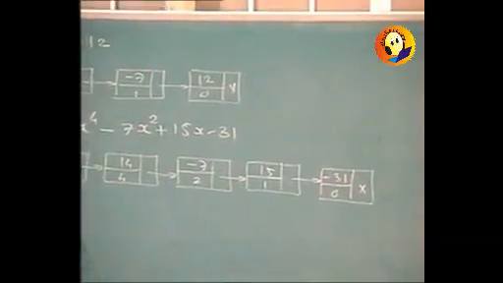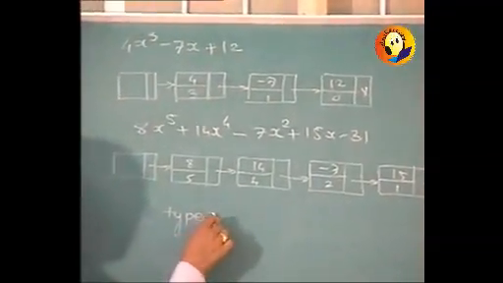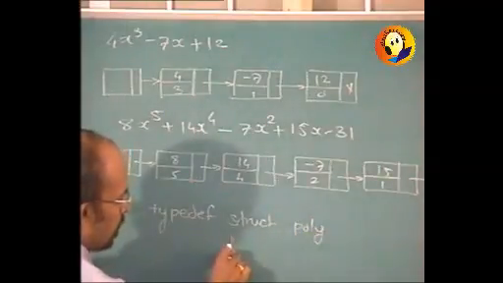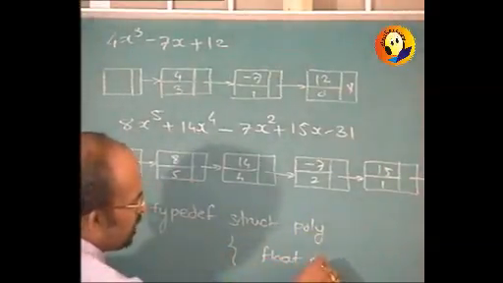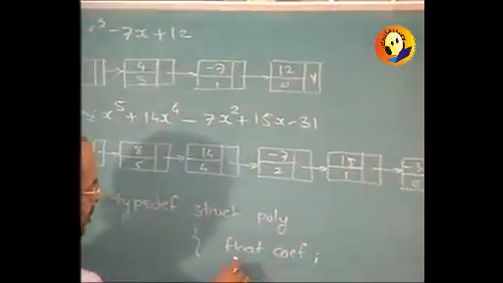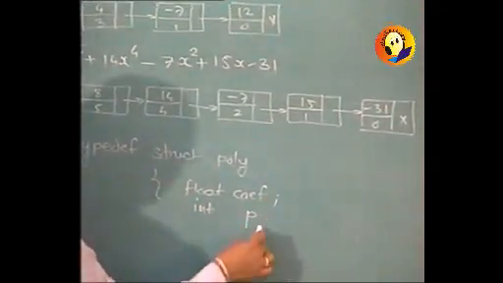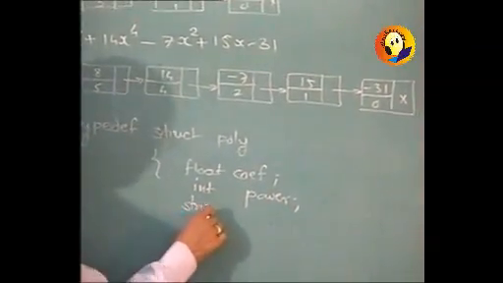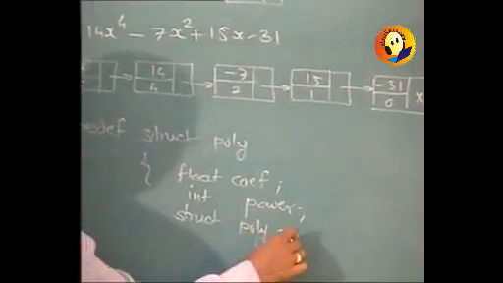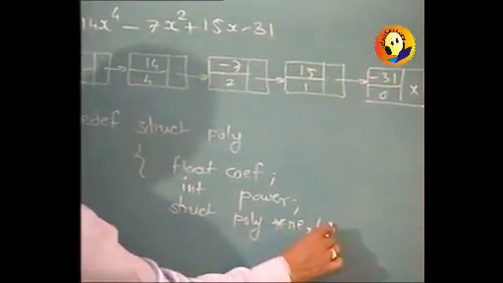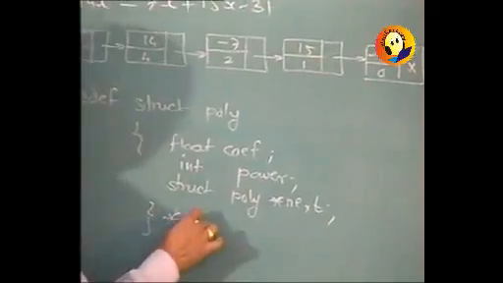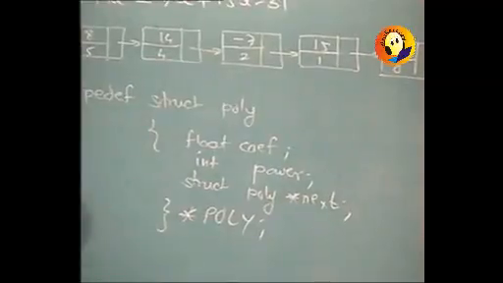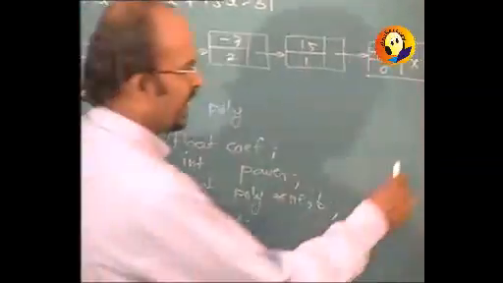So ultimately, the structure will have a float type coefficient, an int type power, and of course a struct poly type pointer to the next node, which I will declare as new type poly. And then you will write functions like getNode as usual,